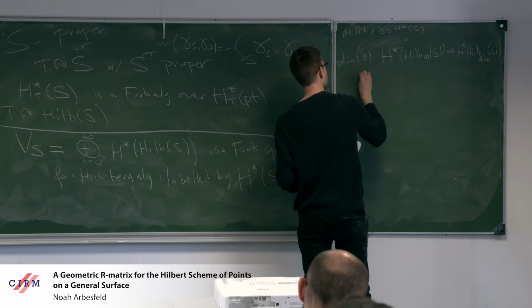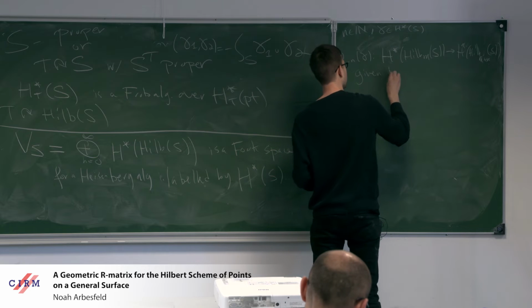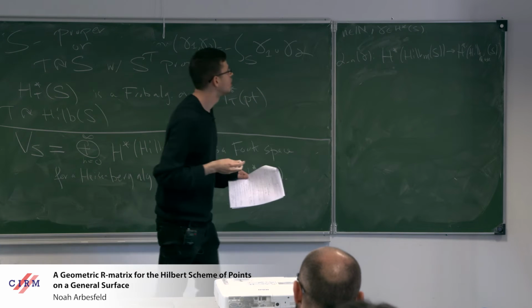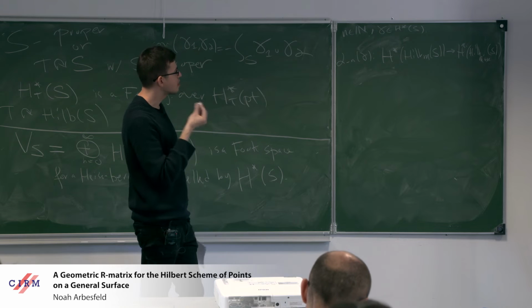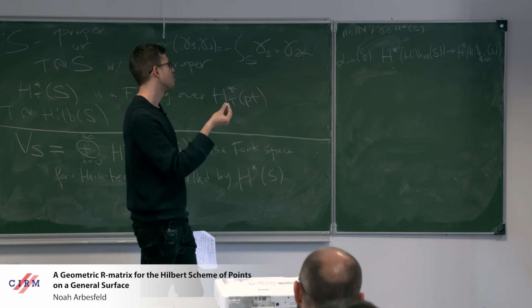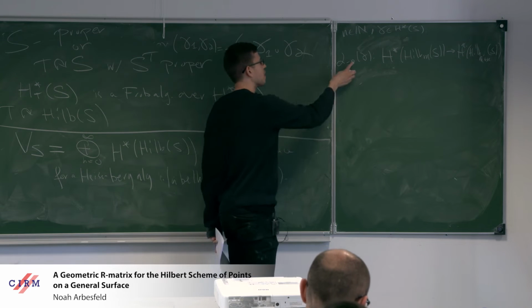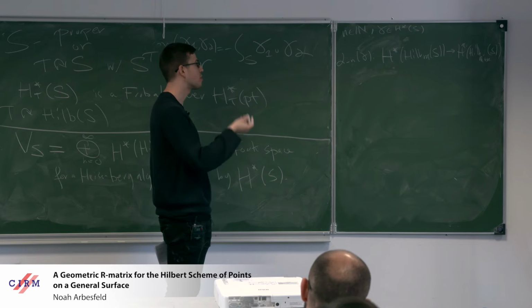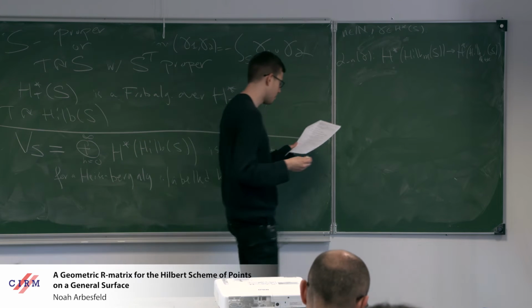And it will be given, so essentially what I want to do is add a fat point of length n along the homology class that's Poincare dual to gamma. In other words,